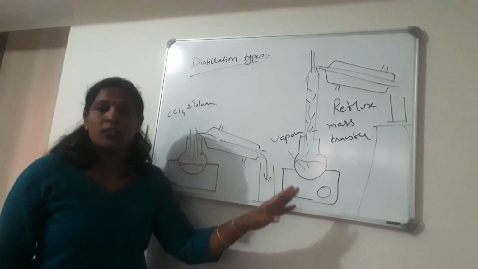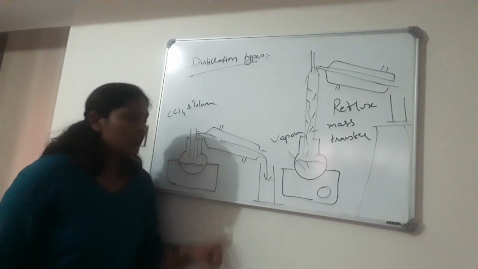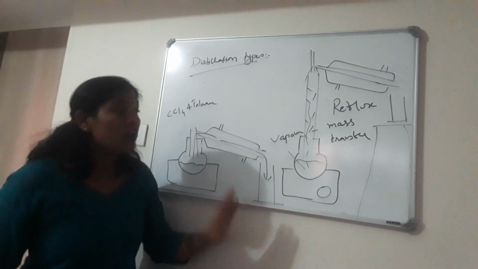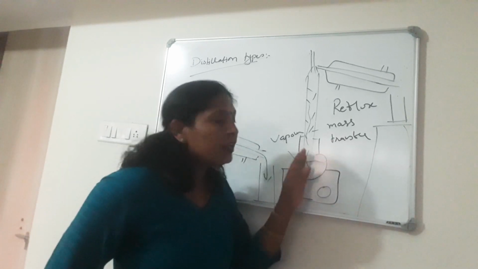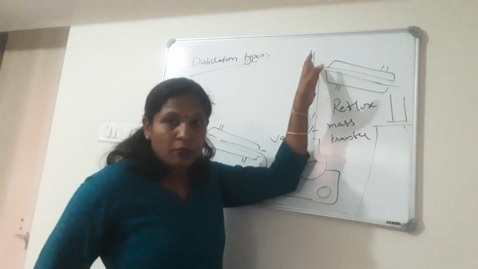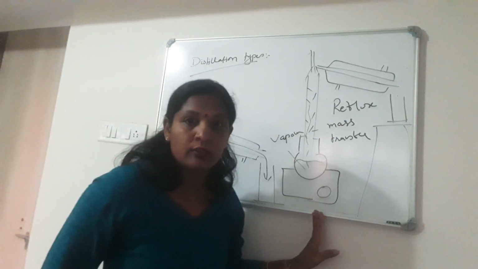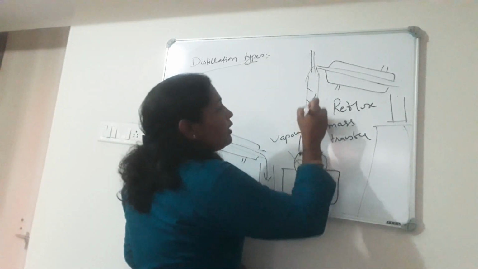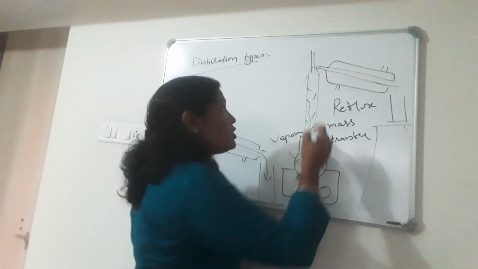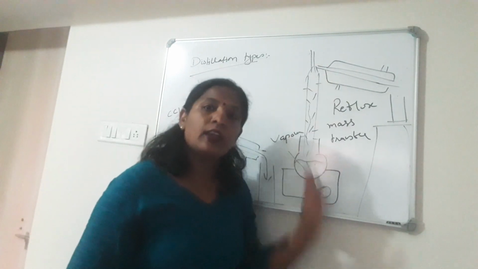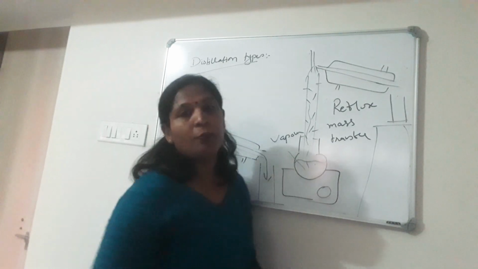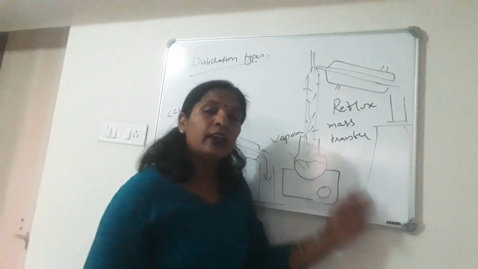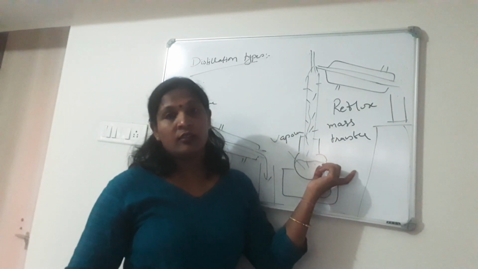So these are the two types of distillation. Is it clear? In one type, we heat the mixture, vapor is generated and we condense it. In the second, we heat the mixture and the vapor goes up, and when it condenses, it comes down. Why does it condense? Here the temperature is high, so vapor is there. When it moves up, the temperature is lower over here, so it condenses and comes down. There is a mass transfer operation between vapor and liquid. This is the second type of distillation.